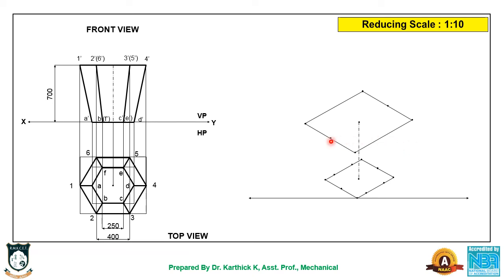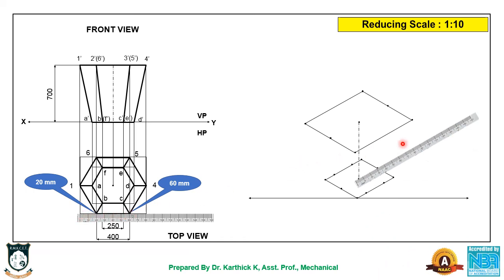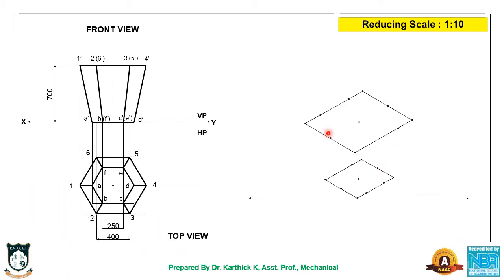You see already the point 1, point 4 is in the middle of the box. So no need to measure it again. We already transferred. So now what we are going to do is we have to transfer points 2, 3, 5. For that we are going to measure, point 2 is 20 mm from here and point 3 is 60 mm from here. So I am bringing a scale 20 mm, 60 mm. Similarly, this side point 6, point 5. So we have transferred all the 6 points